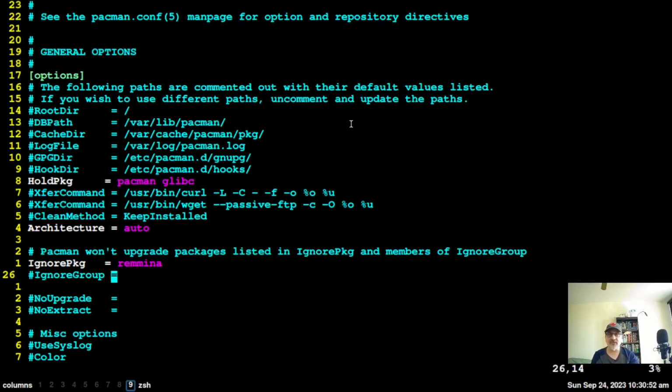And that's it. I'm going to move my cursor down just so you can see. So I've activated that line. Let's go up. So I took the hashtag out or the number sign out of line 25 and I activated the line, and at the end I typed in Remmina. So it's going to ignore package equals Remmina. So now I'm going to save the file,